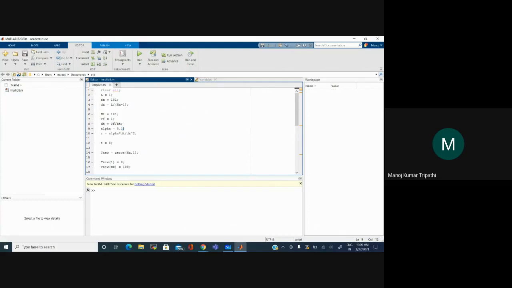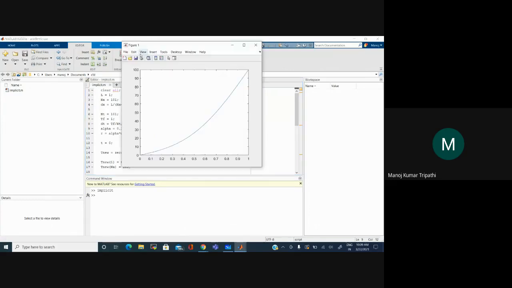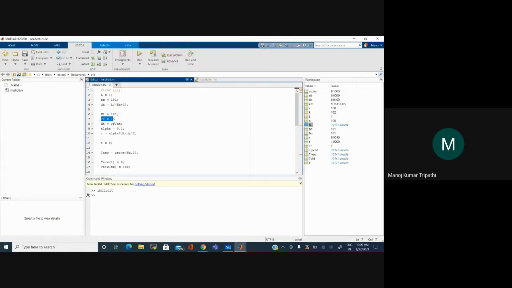Okay, let me just run this to show you. We got a solution at some intermediate time. We chose this TF as our final time where we want the solution. It was 1 in some units. If you consider all the units here to be SI units, then this is second.